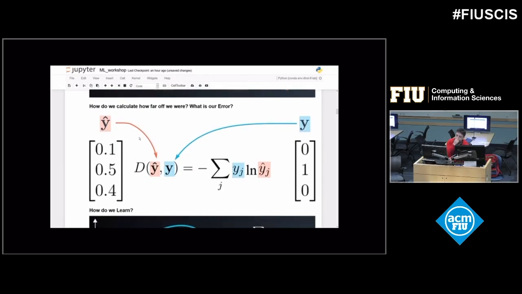So then, how do we calculate how far off our prediction was? There's something called categorical cross-entropy, and it'll just take the highest value and make it a 1. So that's how we'll be able to tell whether we predicted right or wrong. The network is going to produce this y hat, and we're going to check it against every label.